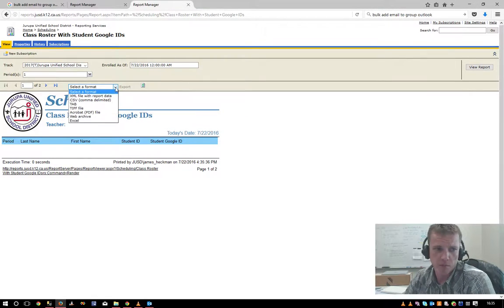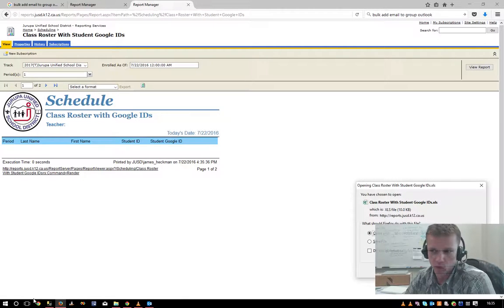Under the Select a Format pull-down, you'll want to select Excel. Click the blue Export text next to it. On Google Chrome, you will get a pop-up right here that downloads the file. You'll want to click that to open it. I'm in Firefox, so the pop-up dialog comes up over here. I select OK,